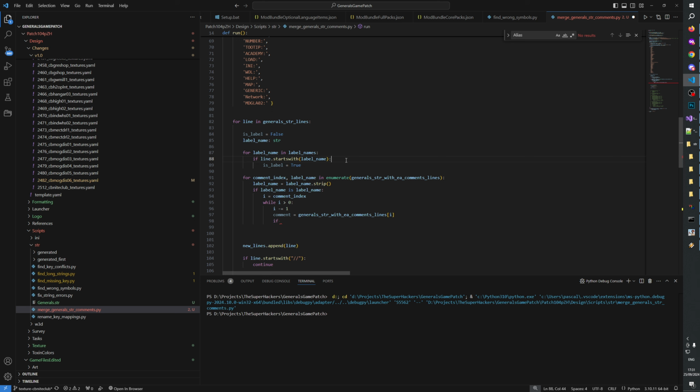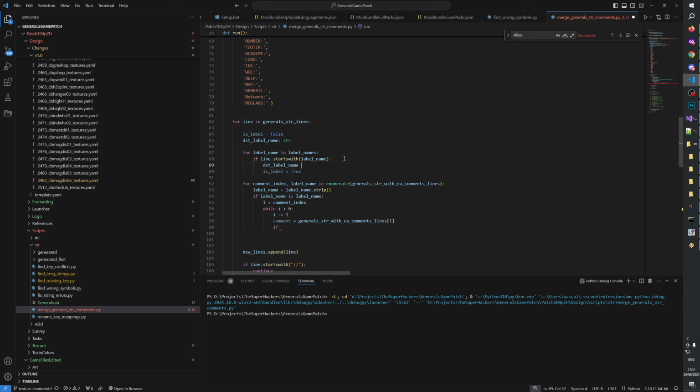If line starts with, okay, let's call this source label name. No, that's the destination. Destination label name, this here label name. Okay. And then